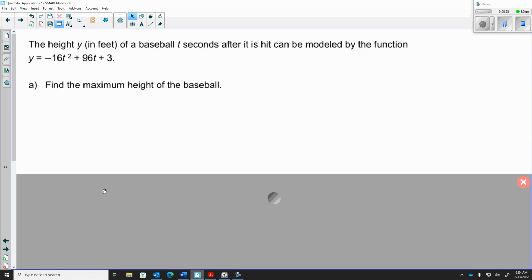So guys, I think that it's helpful on these types of problems to draw a little picture so we can kind of get a sense of what's happening. All right. So we're playing baseball. Here's my baseball player. They got a bat